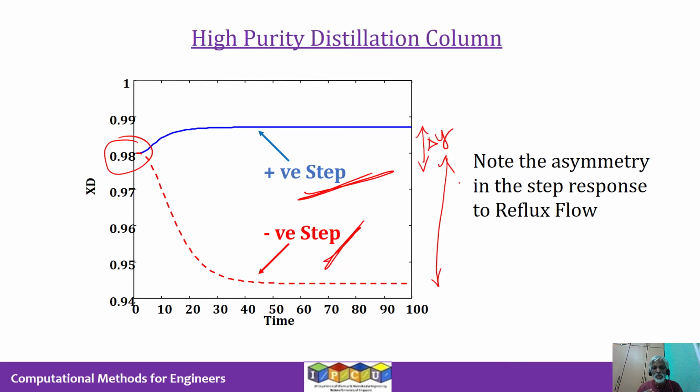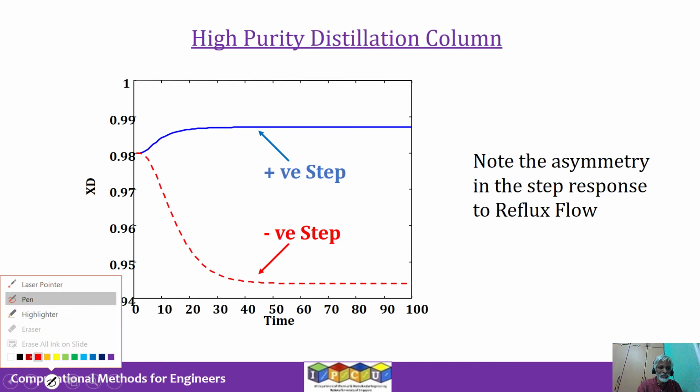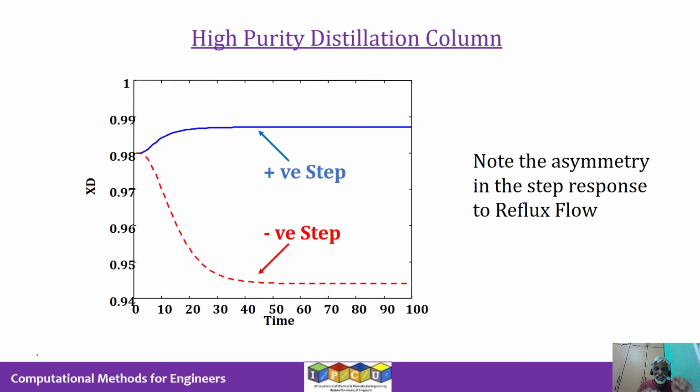So high purity distillation columns are nonlinear systems, whereas an ordinary distillation column may have very good linear behavior. But when you get into the high purity zone, the column behaves in a very nonlinear fashion. And this is one example of that. So if you have worked on simulations of high purity distillation columns, this is very clear to see for you. Okay, so that is one aspect. The second aspect is something I want you to note. So in the positive direction, besides the magnitude issue, let's say the change in the valve position is implemented at time t equal to 0.